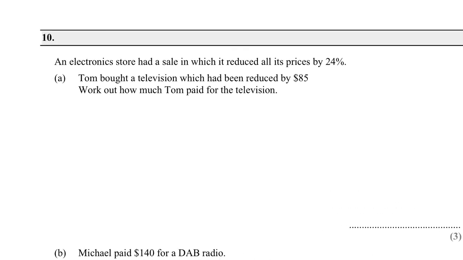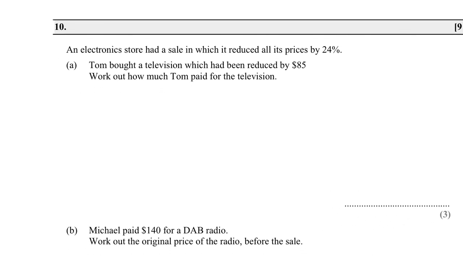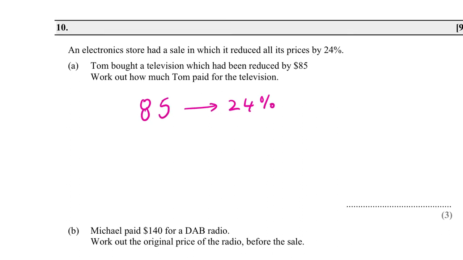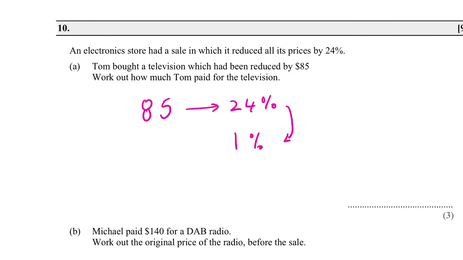Question 10. An electronics store had a sale in which it reduced its prices by 24%. Tom bought a television which had been reduced by $85. What does that tell me? What is $85 equivalent to? 24%. So how am I now going to work out how much Tom paid for the television? 85 divided by 24. I could find 1% first, couldn't I? And then times it by